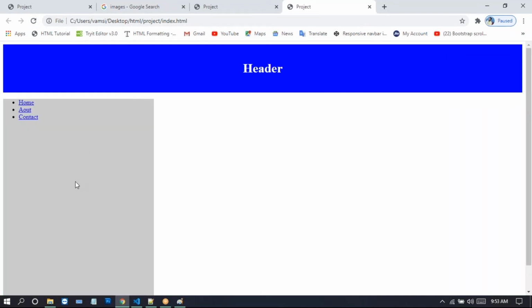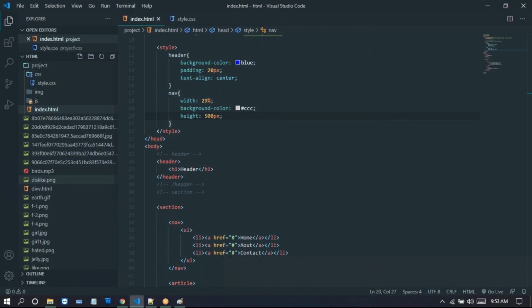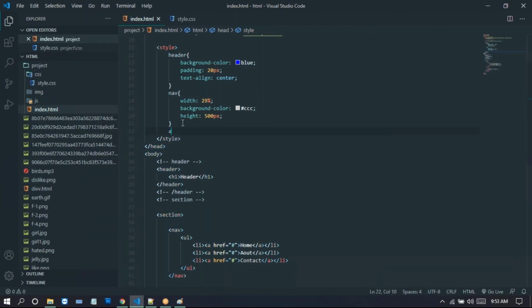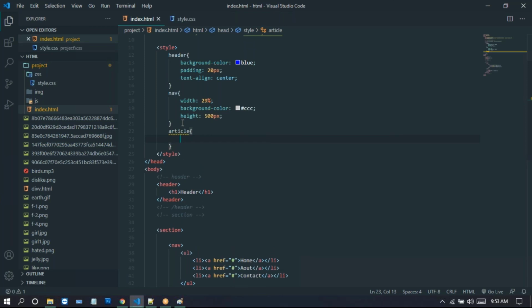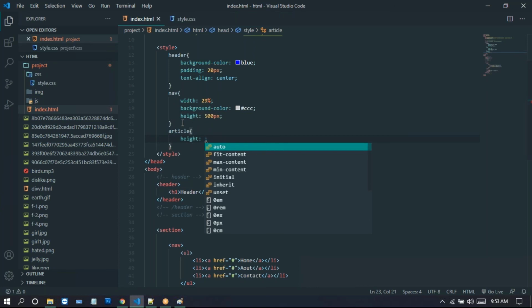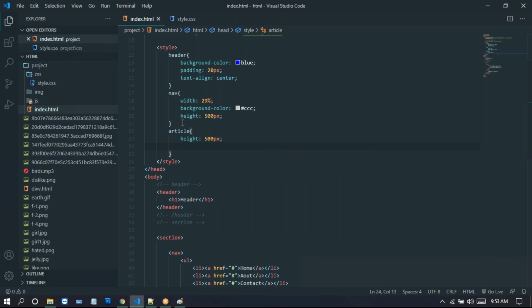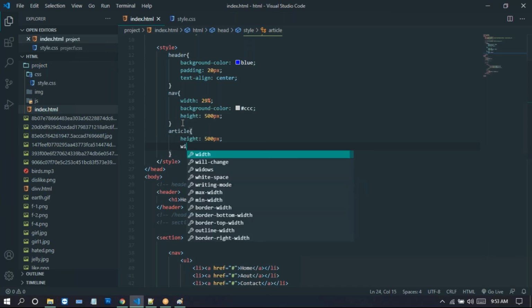What is browser? So we have this header part. Now we need to apply article section. So here I'm taking this article. For this article, we just give height. So here I'm taking this height, 500 pixels.